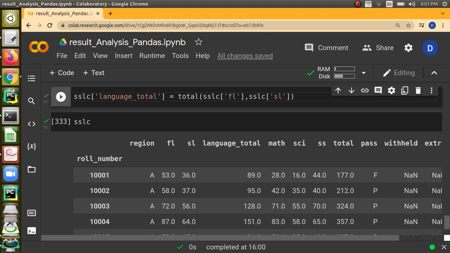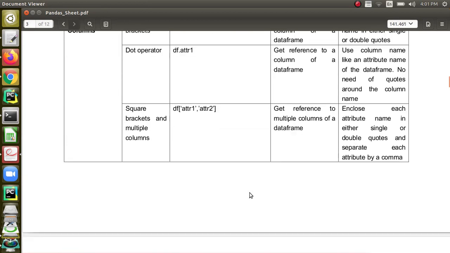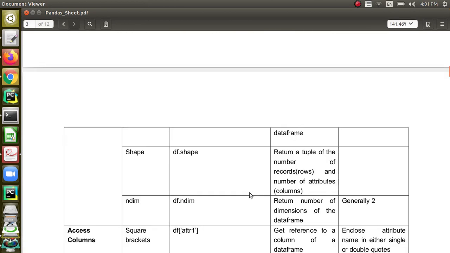Yeah, so these are all the basic operations and functions that are available in pandas, which will help us to do exploratory data analysis and so on. I have made, as I told, I have made a PDF also. This PDF also I will be sharing in the GitHub, which will be like a quick reference for you to understand.